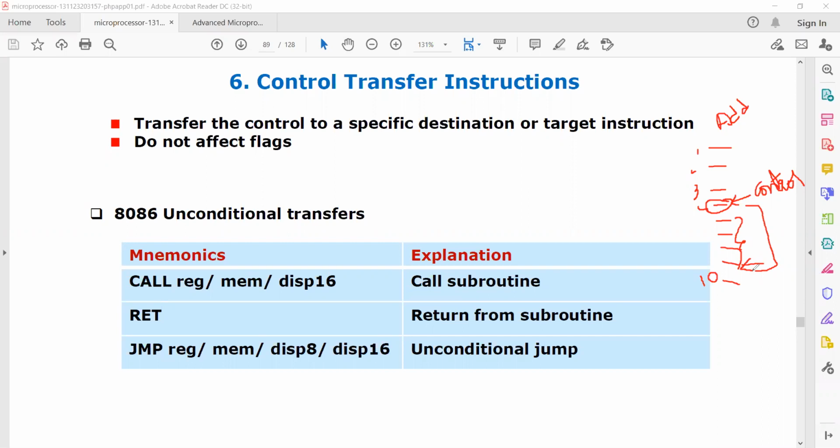So why do we have to shift this control from one location to another location? What is the importance here?